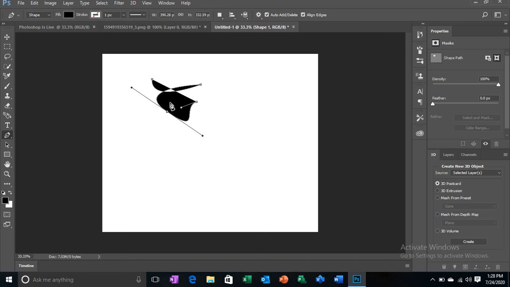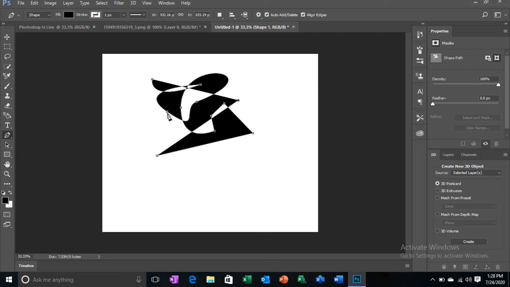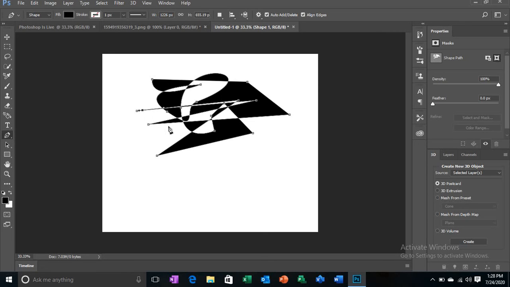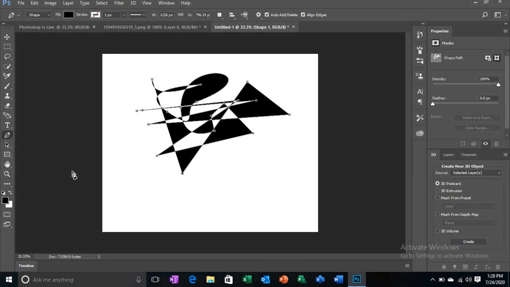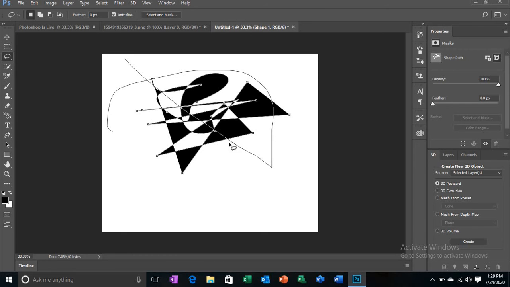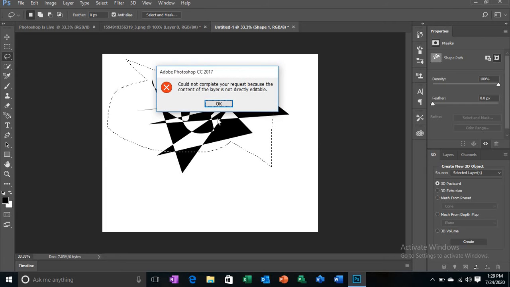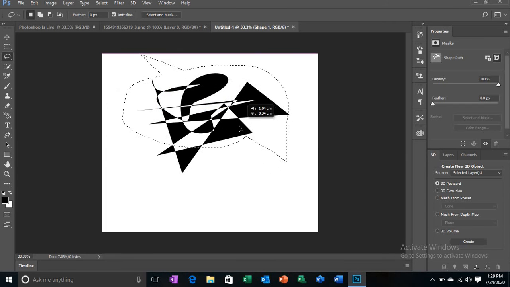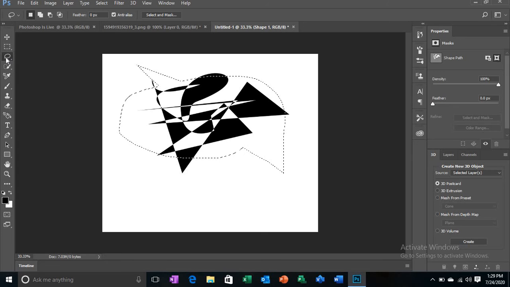See, so that is really magical. This thing is really magical. We could make different things with this Photoshop, and it is like a very beautiful design. We could make very beautiful designs, like if you will use it like this, like this, and anything you could make. You could do any design. So what to do, we wanna use lasso tool and then delete. So okay, so we're gonna again use lasso tool.